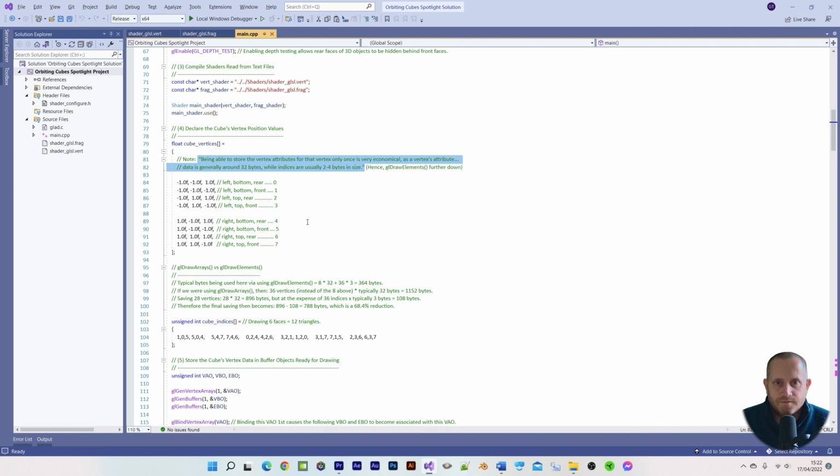End of quote. For example, a cube consists of 6 sides, each of which consists of 2 triangles, which totals 12 triangles and therefore 36 vertices, and so if we weren't using glDrawElements, the total number of bytes for our cube would then become 36 times 32, which equals 1152 bytes. It then follows that by using indices, we can reduce the number of vertices from 36 to 8, as we're doing here, which is a saving of 28 times 32, which equals 896 bytes, but only at the expense of